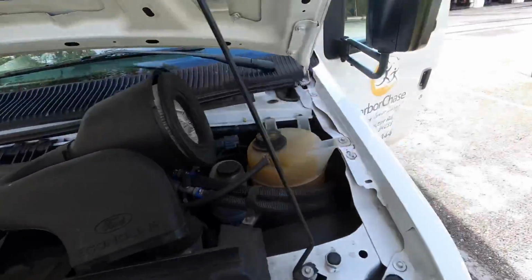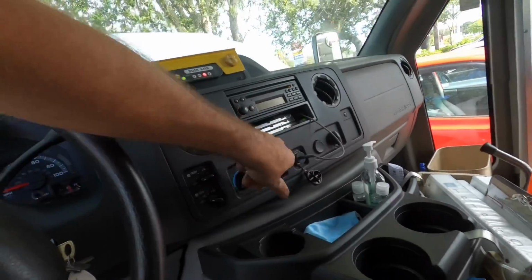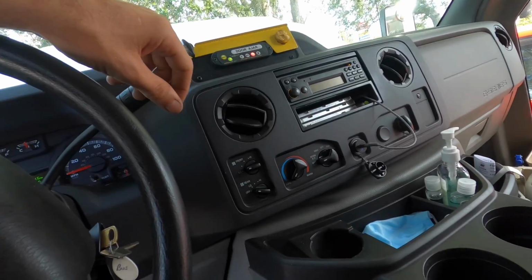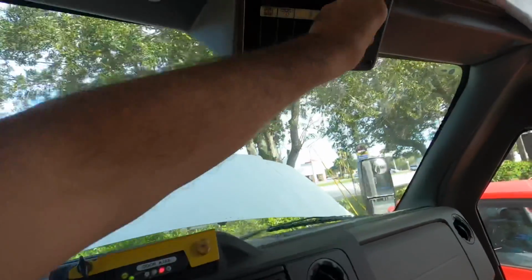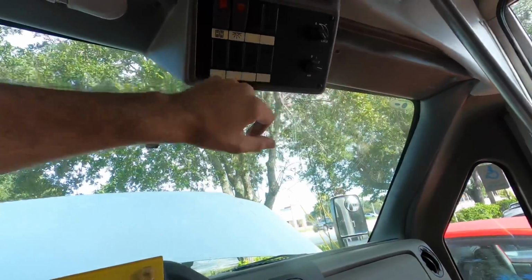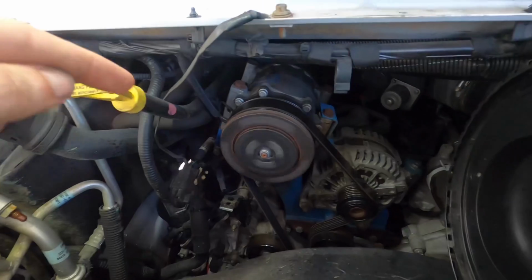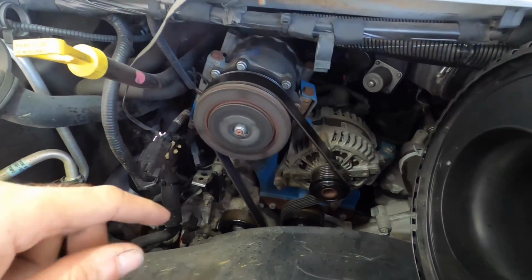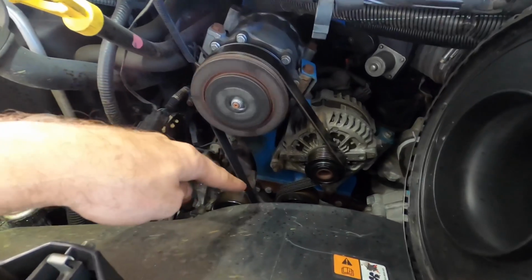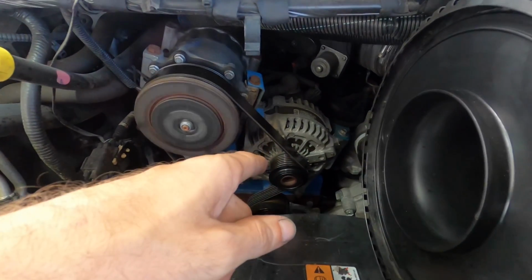I'm going to turn on some loads by actuating the AC, both units, and we'll see what it does then. Yeah, there's one. Where's the switch for the other AC? There it is, up there. Let's fire that one up. Okay, I got both compressors running now, putting a load on the system. The belt or the tensioners seem to be quiet. That squeak is gone, but I believe this alternator is what's making